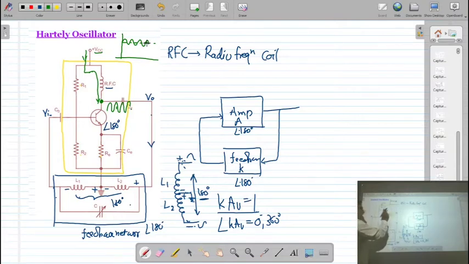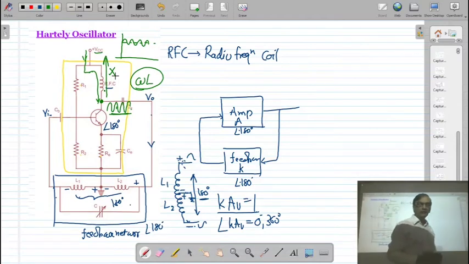oscillating frequency, we are connecting a coil. This coil will give you the reactance of omega L. That is a very high reactance because the value of the inductor is going to be high. So this RFC will provide a high impedance to your oscillating frequency. Therefore, it cannot enter into the power supply. So that is the role of a radio frequency choke. Okay. So to protect the power supply, we are using an RFC.